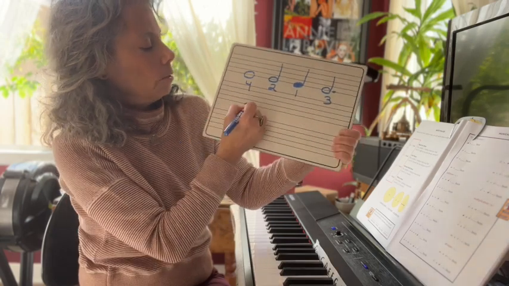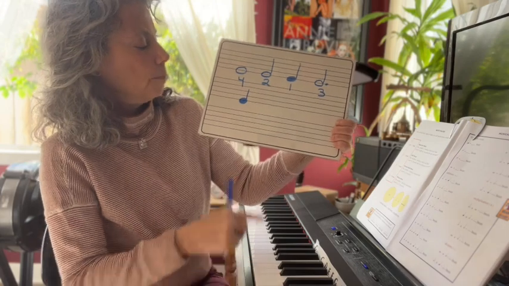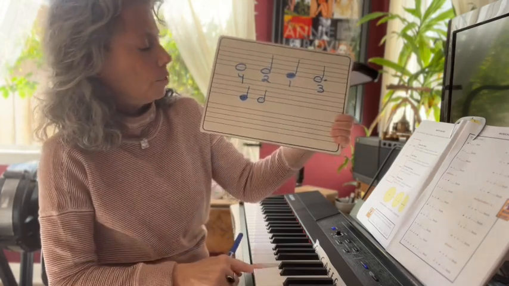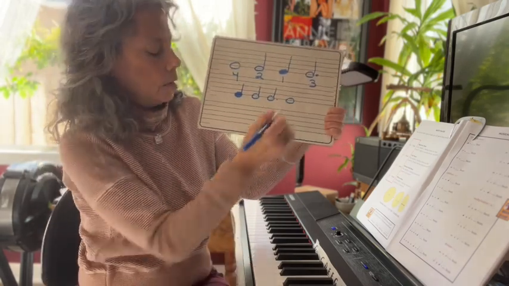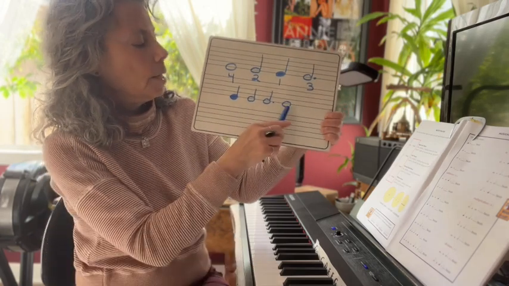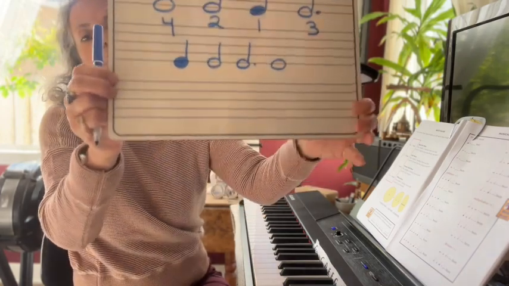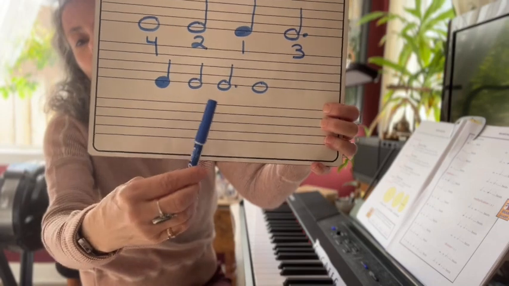All right, so from smallest to largest, we've got a quarter note, which gets 1 beat. Then we've got a half note, which gets 1, 2. Dotted half note gets 1, 2, 3. Whole note gets 1, 2, 3, 4. And this is the same no matter what key you're playing. And these are the most basic notes. We're going to learn some other notes later, but these are the first ones for you to learn.